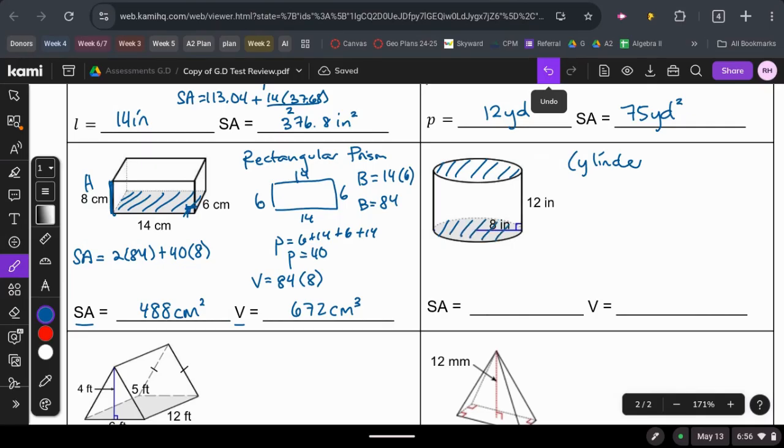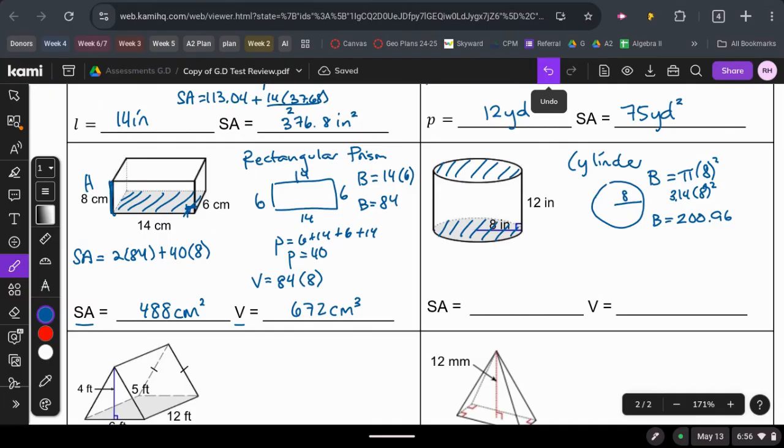For a cylinder, so this is our cylinder, we have a circle on the top and a circle on the bottom. They're identical to each other. So the shape of my base is going to be a circle with a radius of 8. So to find the area of the base, the area of the circle, we're doing pi r squared. So the r is going to be 8 squared, and I'm using 3.14. So 3.14 times 8 squared. That's what I'm typing into my calculator. So the area of the base is